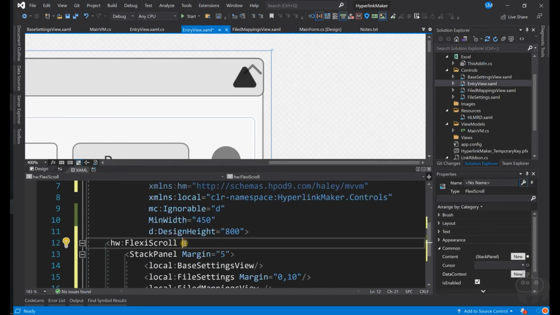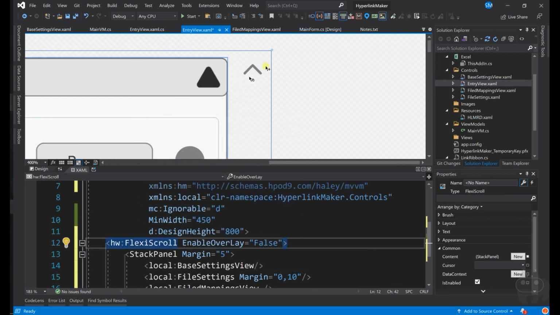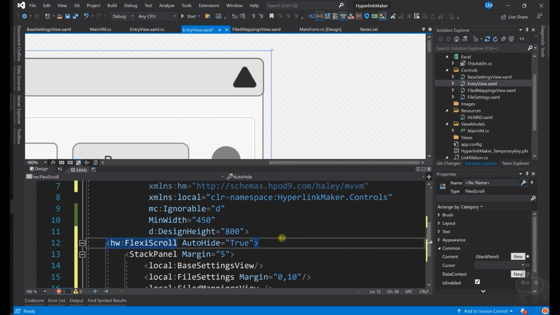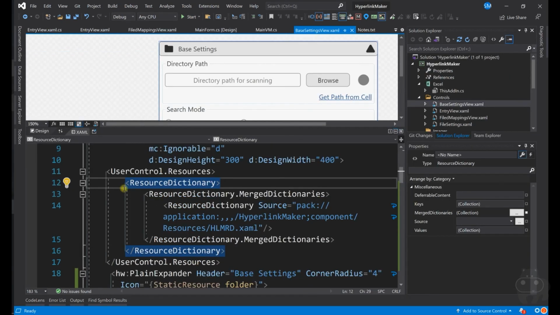Enable overlay is false, which means if you assign enable overlay, this will be overlaying on top of your control. And if auto hide is true, then this will be hidden. But when you move your mouse to the right hand side, you will be able to see it. Now there are a couple of mistakes.